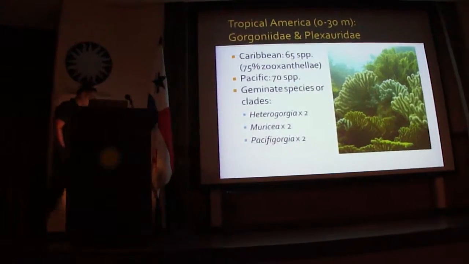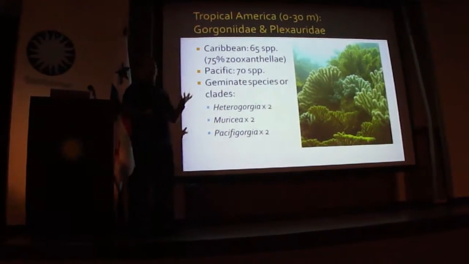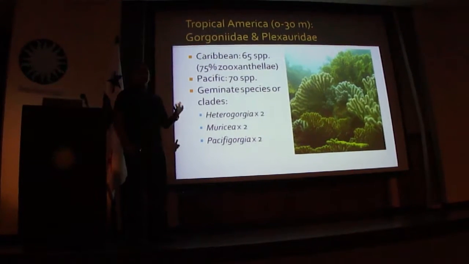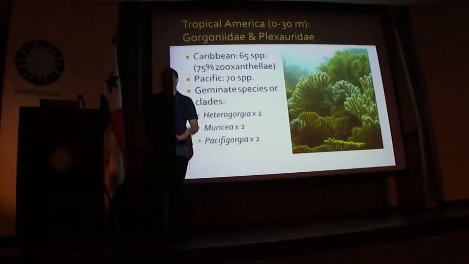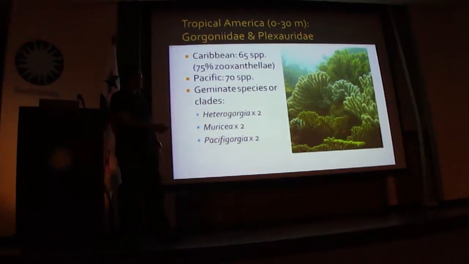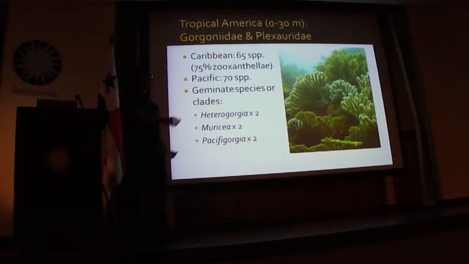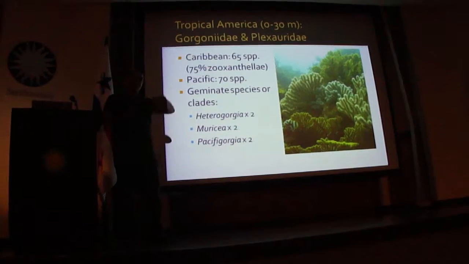So I've been working for many years in the octocoral communities at both sides of America in shallow waters. So we have roughly 70 species on each side. And in the last 10 years, I've been trying to understand why you have so many sympatric species coexisting together in very dense communities. So everything we see here are Muricea species in the tropical Eastern Pacific, and they are